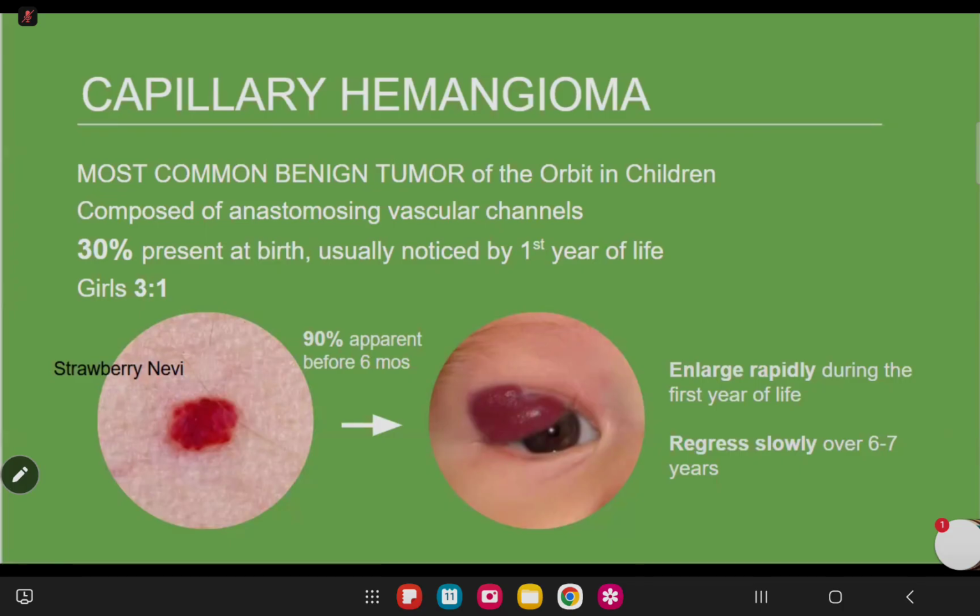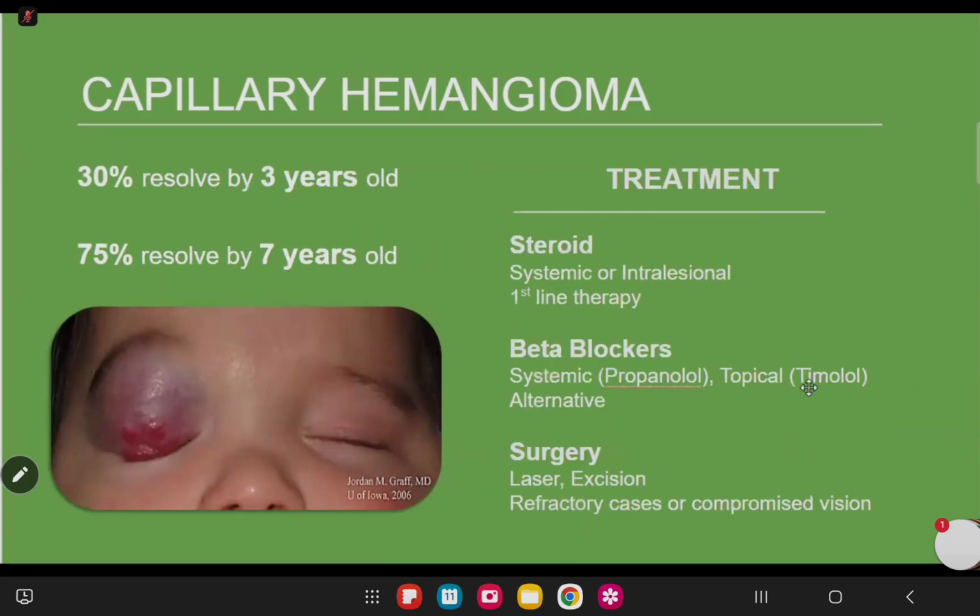So, some regress slowly over 6 to 7 years. However, for those patients with significant pressure, to the size, and significant threat to the site, like it's pressing onto your cornea, causing significant astigmatism, then we perform intralesional injection of steroids. For smaller lesions, we just observe, as 30% resolved by 3 years old and